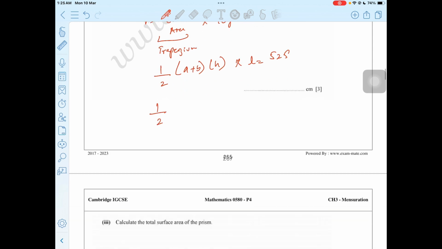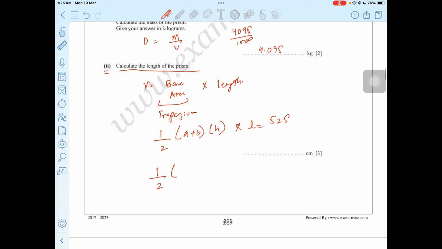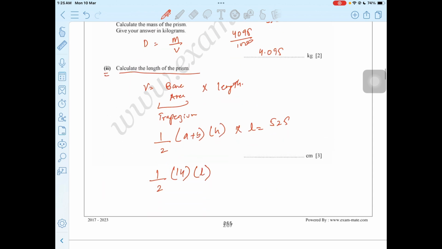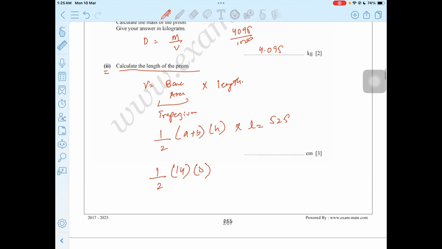So we have our sum of parallel sides as 10 and 4, that would be 14. We have our length, that is unknown, right? Sorry, we have our height here 5, and we have our length as unknown. This is 525. This cancels out. 7 into 5 is basically 35. This 35 is divided, so we get our length as 525 divided by 35 is 15,